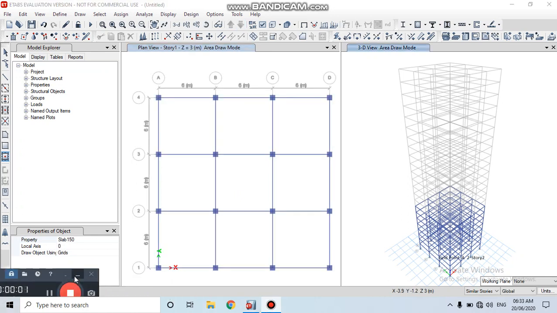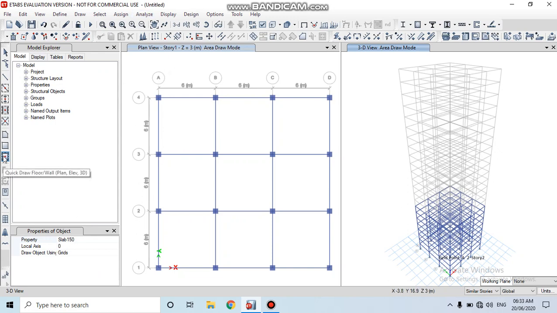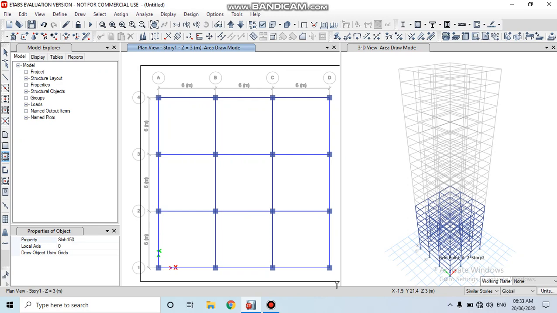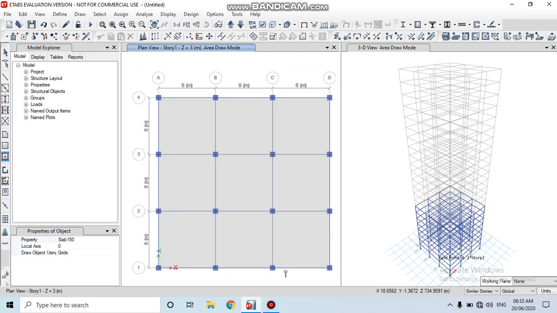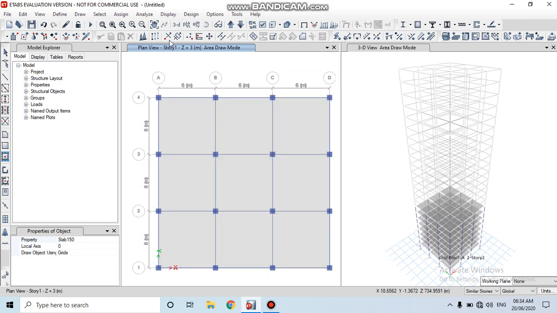Before taking slab 150, consider story 1 by using the quick draw floor or plan and select the total area. Then go to the random set of stories from 9 to 14 by using the move down list.